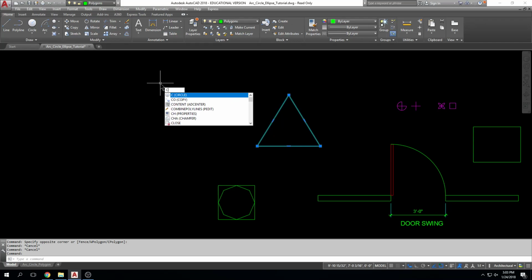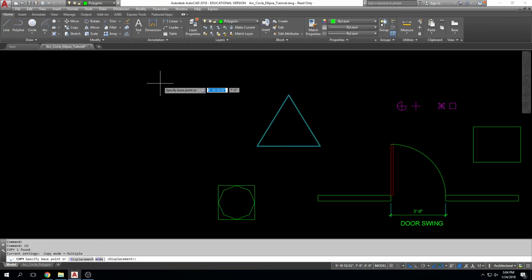I could also type CO, which is the shortcut for copy, okay? There's a few different ways you can initiate the command. So I can select, then I can initiate the command, enter. And what that does is AutoCAD says, hey, great, you have defined your selection set, you've initiated the command, now